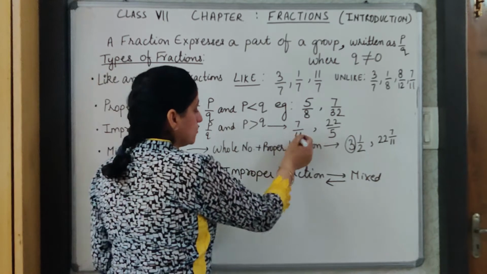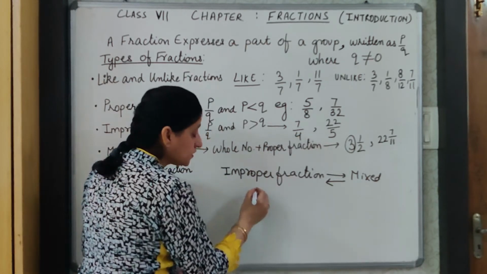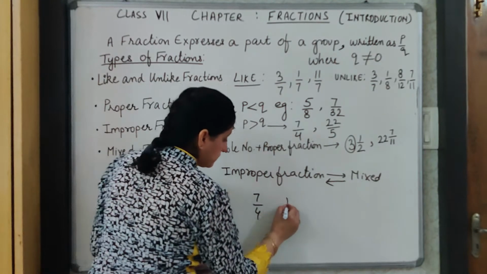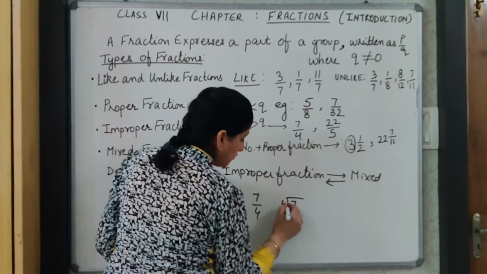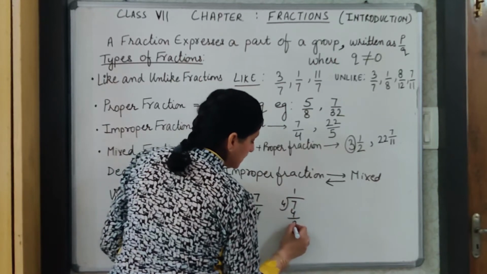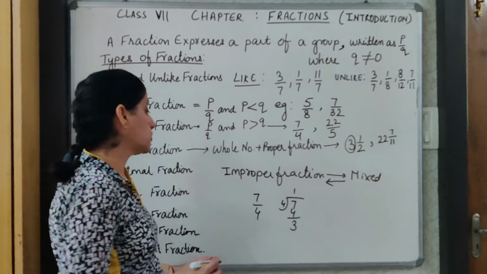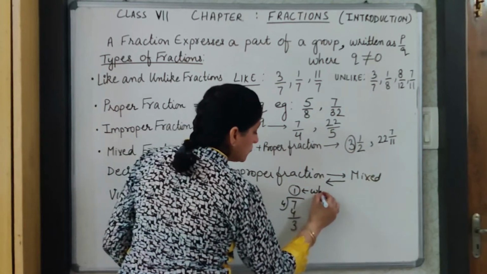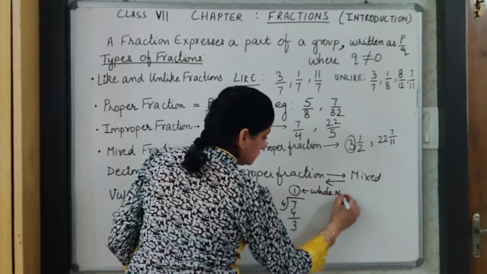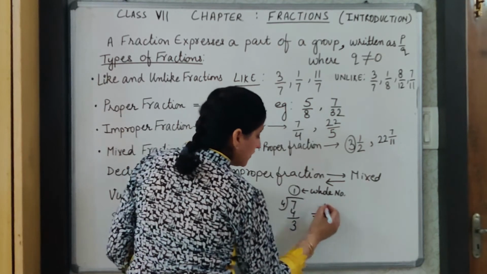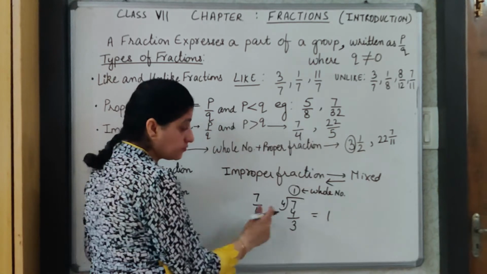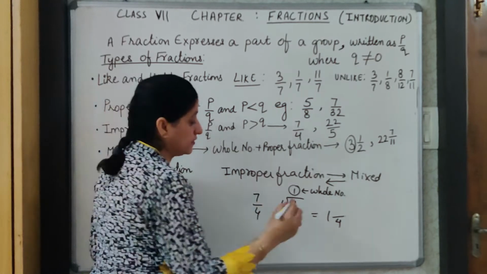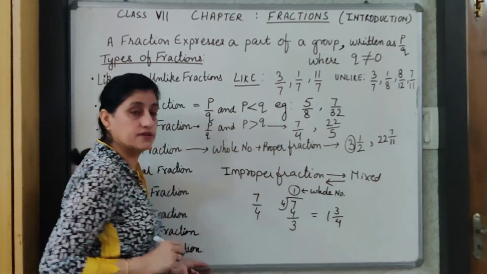Let me take this number only, 7 upon 4. This number you know how to divide. It is a very simple division. Let's do it. 7 divided by 4. 4 ones are 4 and I get 3 as the remainder. So this becomes the whole number part of the fraction. So I will get 1 whole. 4 is the denominator. It will remain the denominator. And whatever is the remainder becomes the numerator.